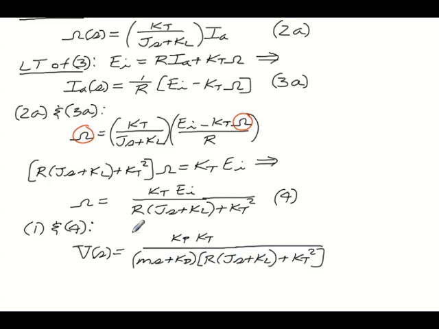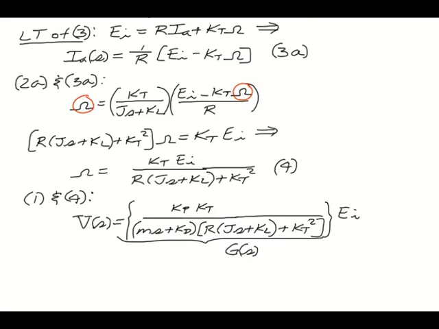And that gets multiplied by our input voltage E_I. So this gives us the transfer function between the desired output, the speed of the boat, and the input, which is the voltage to the motor. So if we're interested in the response to a step input,